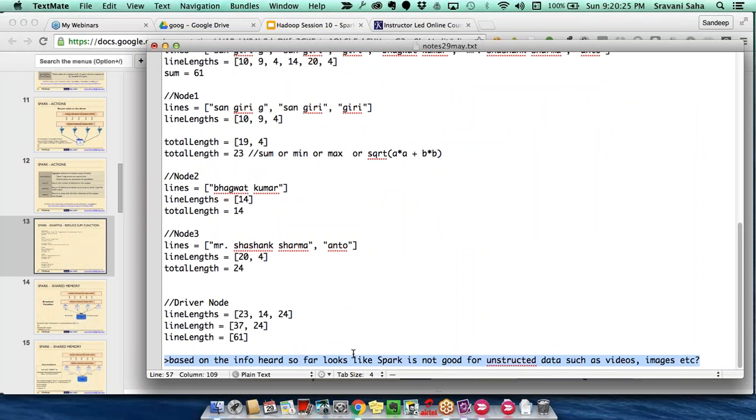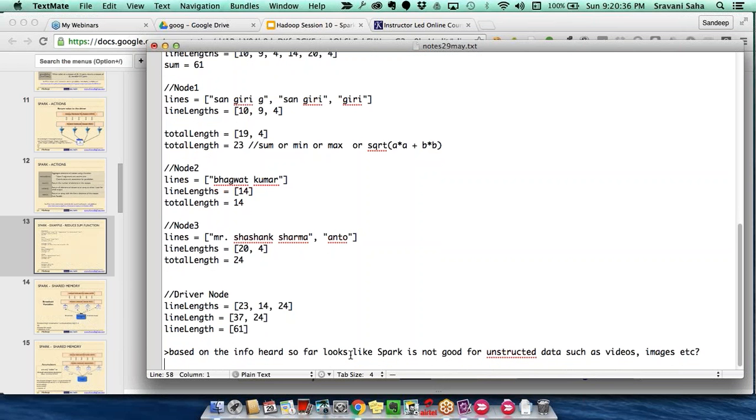Next question from Ella is that based on the info heard so far, it looks like Spark is not good for unstructured data such as videos, images, etc. Not really, it's actually pretty good. It is up to you how you break down this video and an image into the values of an array. So let us say you are trying to compute in an image the composition of colors. Okay,